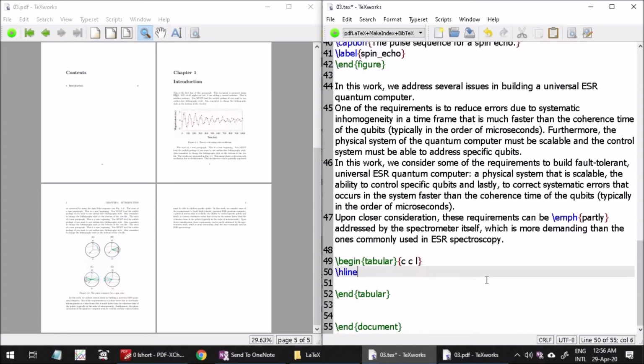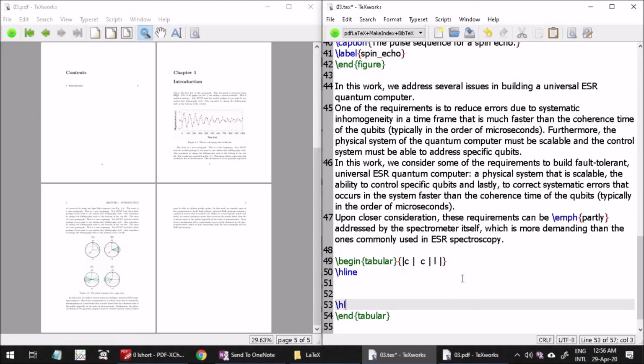Okay, so just now I mentioned to you how to put a horizontal line. To put a vertical line, you need to put this straight line here. Okay, so that adds a vertical line, a border on the left side. This adds a border in the middle. This is left, remember? Okay, so that way you have three columns, four lines, and then you can have a top line and a middle line. Okay, so you can write, for example,